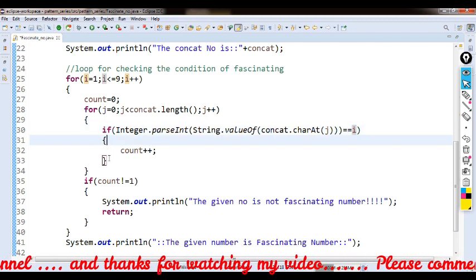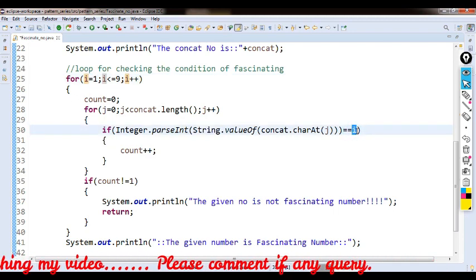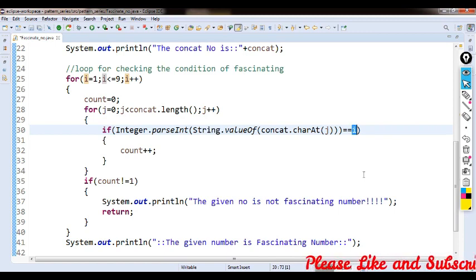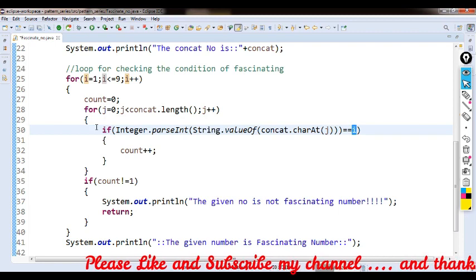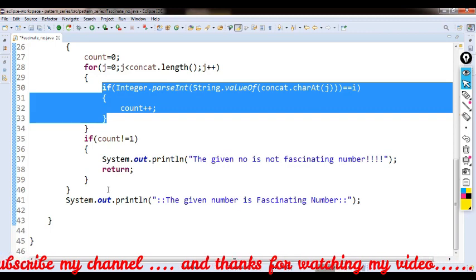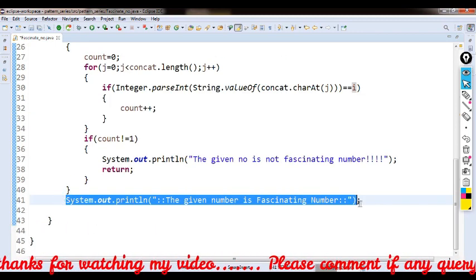Then in the second iteration the value of i is equal to 2, so we check the occurrence of digit 2 in the whole string. Like that we check the digits 3, 4, 5, 6 up to 9 in the string. If all goes right and the condition is fulfilled, then after both loops terminate we can conclude that the given number is a fascinating number.